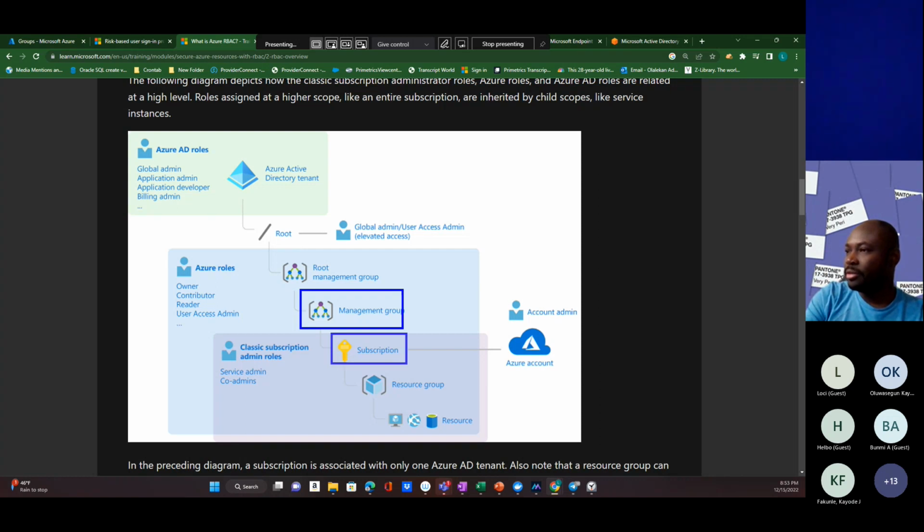or at a subscription level. So this is a hierarchy in Azure. You have the subscription, on top of the subscription is the management group, and in the subscription is the resource group, okay? So you are going to be creating your resources. You're going to be creating the services within this resource group. So the resources that you create are going to be created in the resource group. So you have a resource group, RG, and